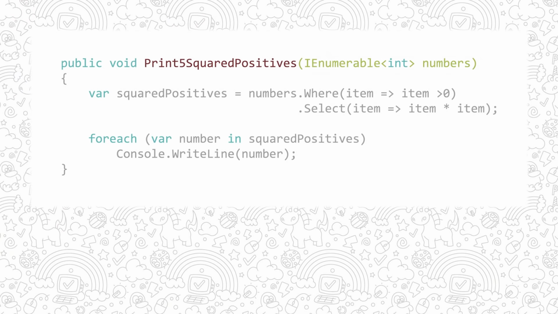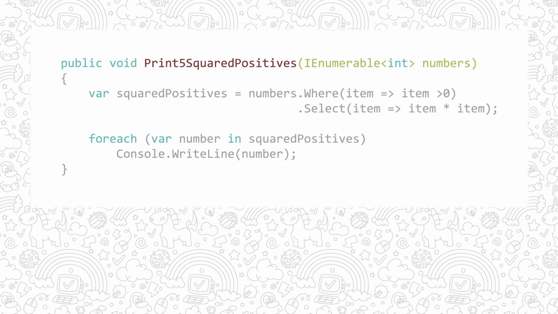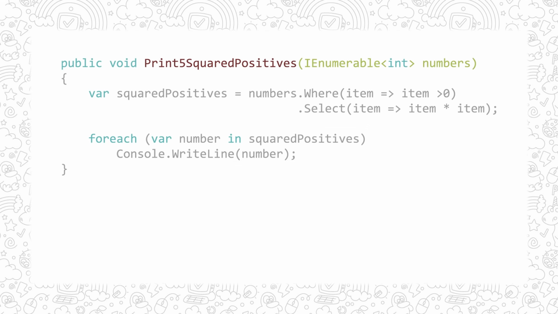What is wrong with you, LINQ? What's exactly the problem? Where do all these objects come from? Let's figure it out. Suppose the method receives a set of numbers as an input, selects positive ones, and displays squared positives in the console window. So how many objects will we have in the heap? Let's see what happens when this code executes.